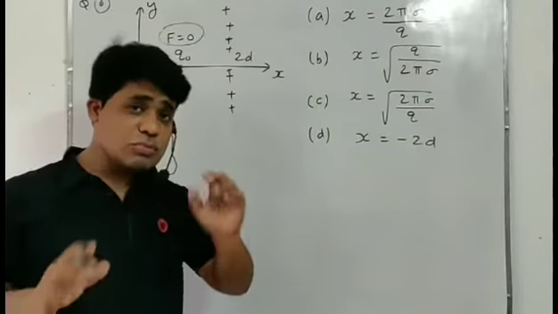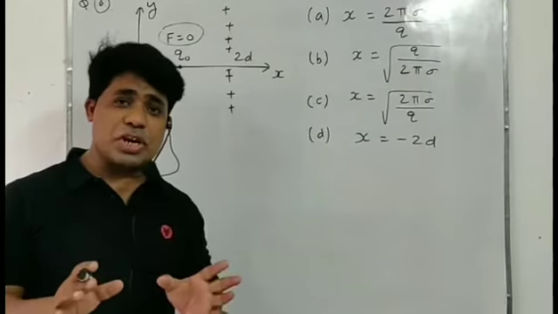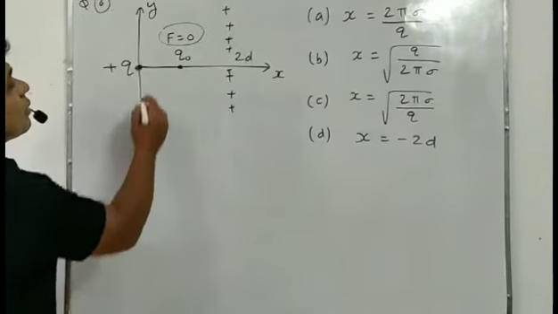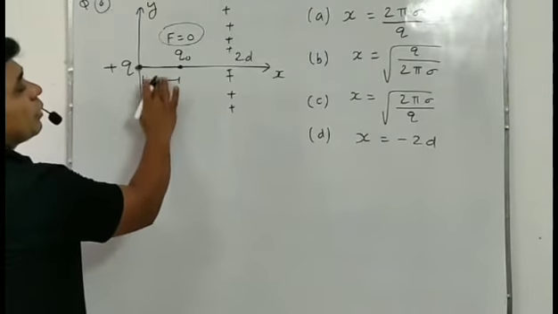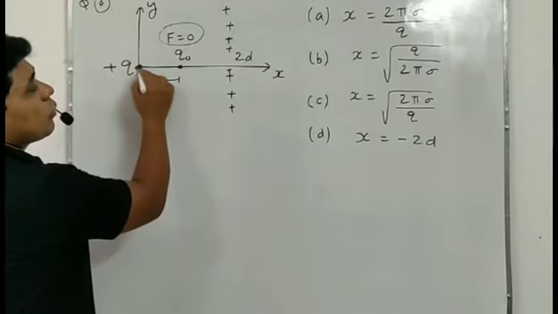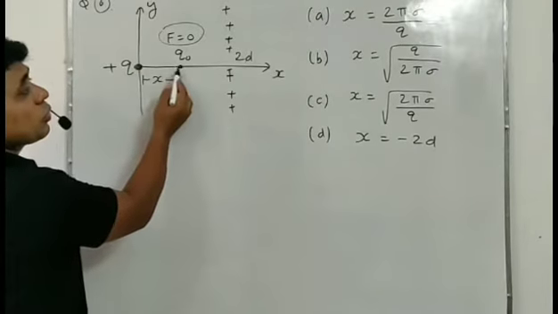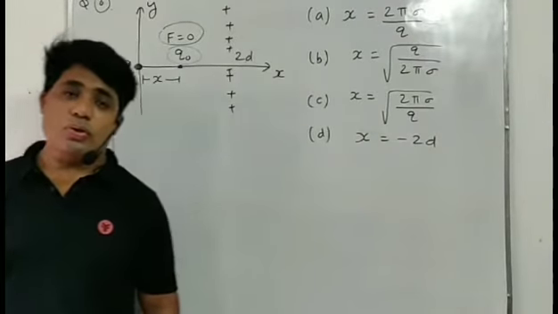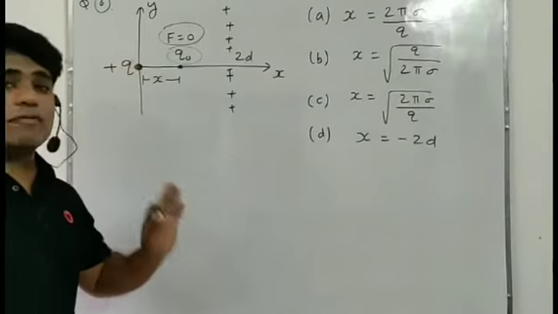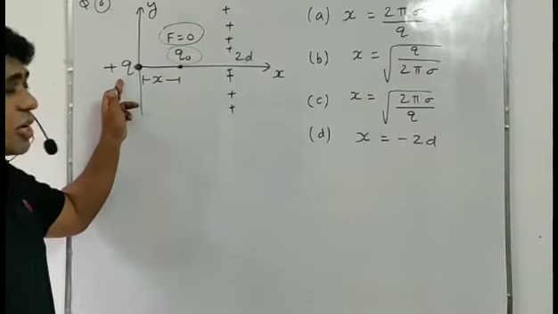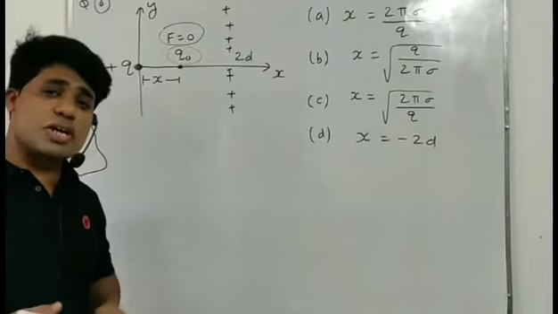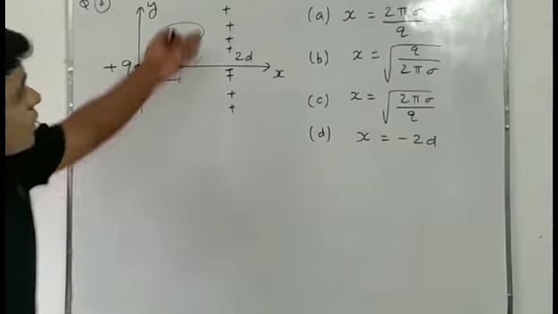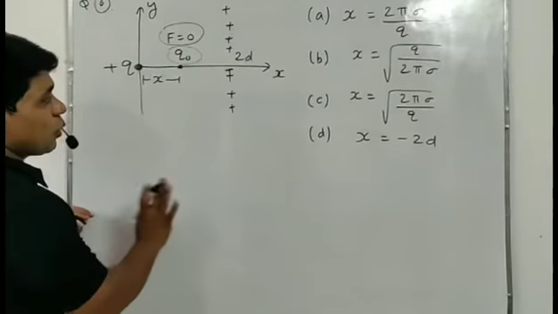Whenever the net force on any charge, a test charge, is 0, that is the equilibrium condition. So let the distance be x from the charge plus q to the test charge. When we place it there, the net force will be 0. So it's asking at which distance the net force between them will be 0. This is the plus charge and this is a charge sheet. Since the sheet is placed in the yz plane, now friends, on that condition,